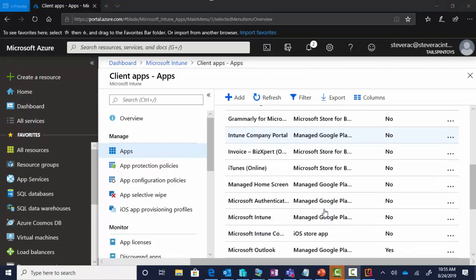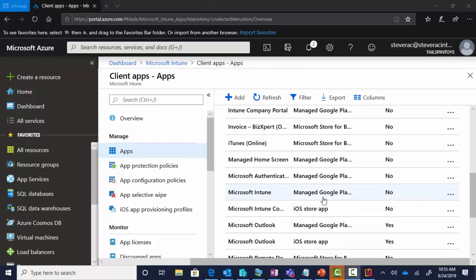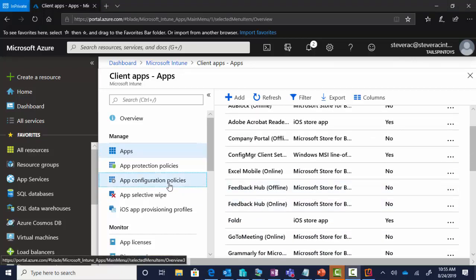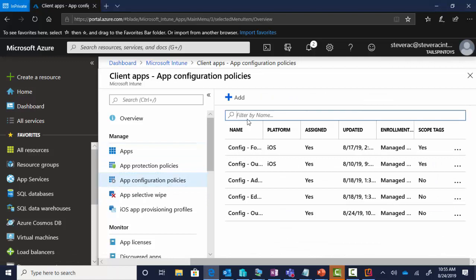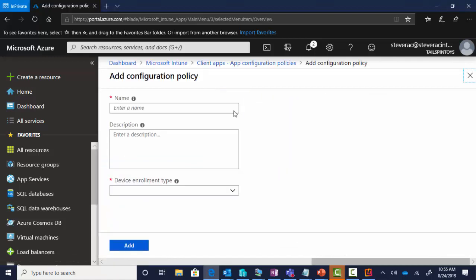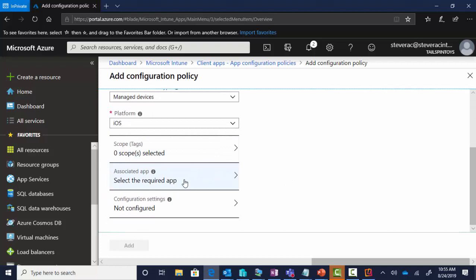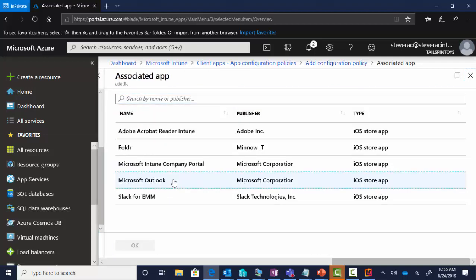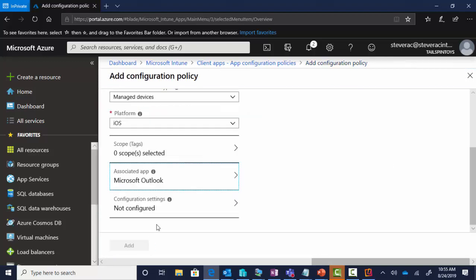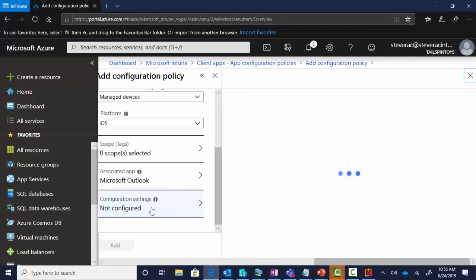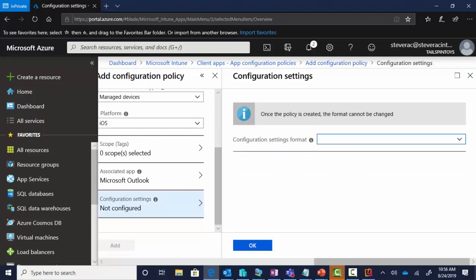So I've got a bunch of apps that I've deployed, and some of them are store apps, some of them are not, right? But this app configuration policy comes from there. So let me go back in and enter all that again. Manage devices, iOS. Okay, and then the required app in this case will be Outlook. So I know Outlook can take configuration settings, and the configuration settings I'm going to specifically apply to Outlook are